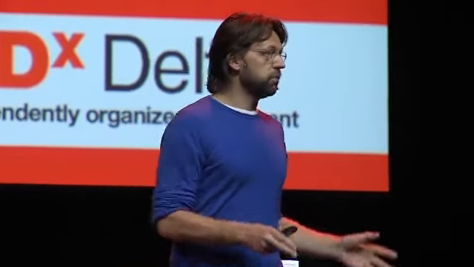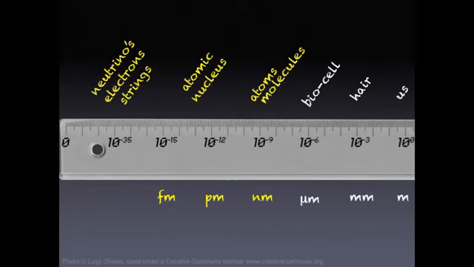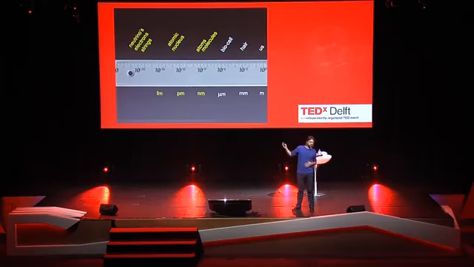So let's start. It all starts actually up to a few minutes ago before I came on stage, that quantum mechanics was describing very well and very accurately the world of atoms and molecules. But then at larger scale, and it already starts at our unit, the biological cell, it kind of stops. A biologist takes the cell as the fundamental unit to build up biology. This is an enormous simplification because it completely ignores quantum mechanics. But it is as best as we can do at this moment. Larger objects like our hair, which is basically the smallest thing we can see with our eyes, or us, that's all classical.